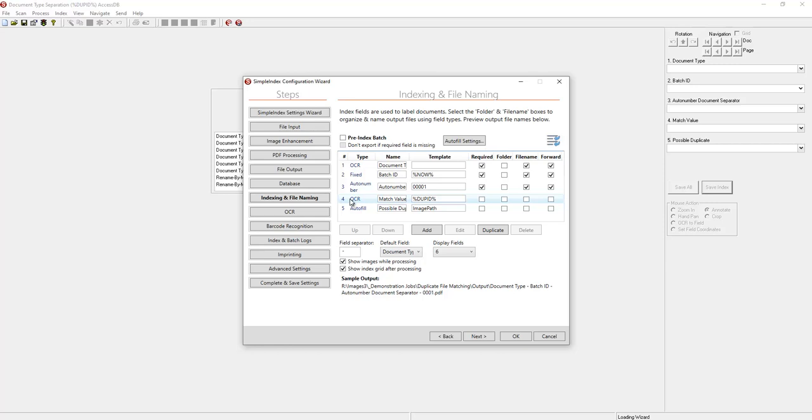It's using Full-Page OCR, and we're grabbing those terms that are going to go together and become essentially the keys we look at to compare later scans to and see if we have a match. So what it's doing in this case, we've created this template shorthand here called %DUP ID,